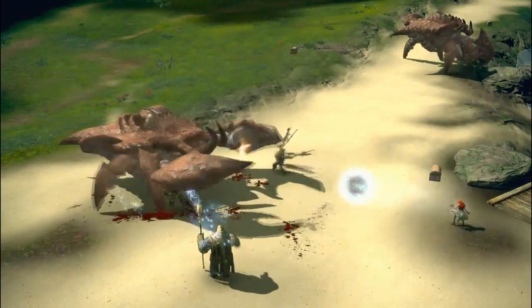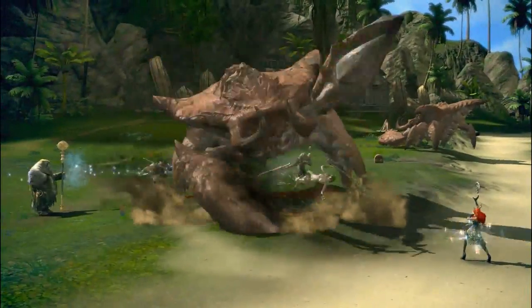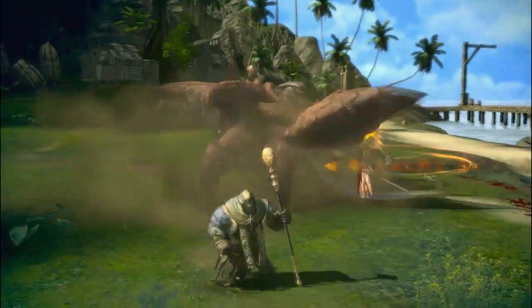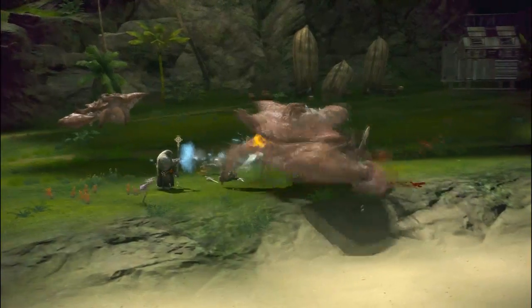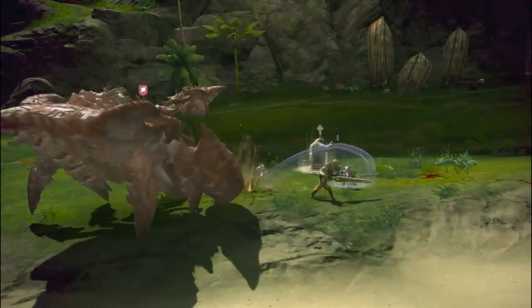TERA is a true action MMO, which means you must aim where you intend to strike, and you must jump, dodge, run, get out of the way to avoid damage. So notice that healer actually walking away, trying to stay away from the monster while he's directing his heals towards his party members. Player skill is also a huge component of the action combat system, and understanding a monster's characteristics